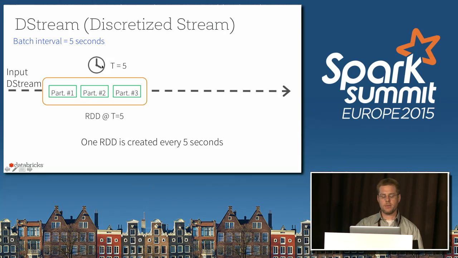So the way this works is that we have a batch interval that we set when we set up the stream. And I'll show you the APIs, but I want to communicate the concept here. We call these things D-streams, or discretized streams, because they're made up of sequential chunks of data. So we set this batch interval, maybe 5 seconds here. And actually, it's maybe not the easiest model because 5 is not easily divisible by things. But if we ignore the fact that 5 is a prime number here,